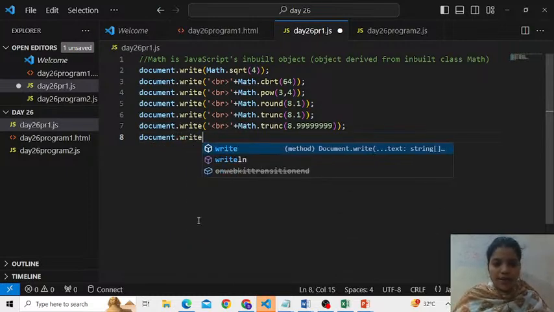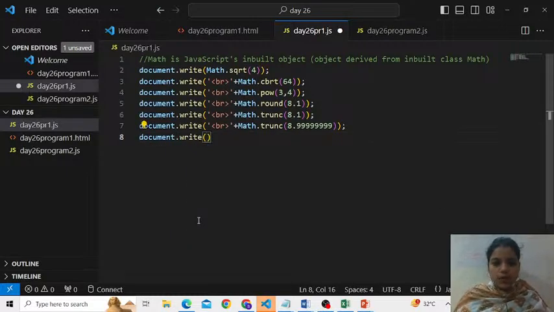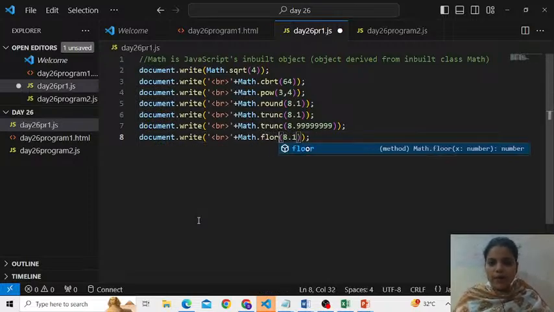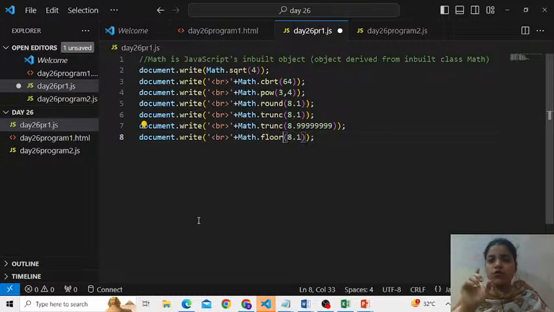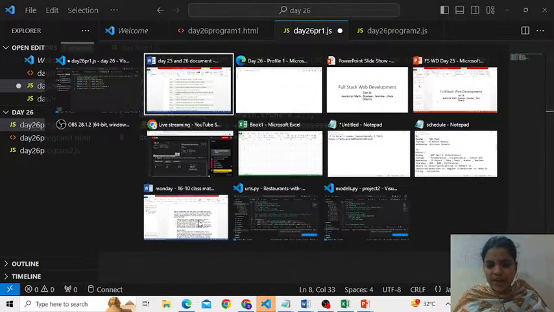So document.write again. Or instead of that, let me just paste it, please. This time not truncate, this time floor. I'm a little fast at floor and ceiling because we already know the use of that. Even if you are aware,